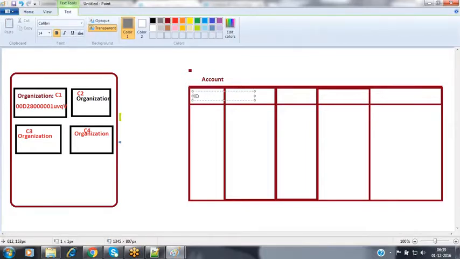This is the ID column. This is the name column, the name of the account record. This is the rating of the account record. And this is the industry. Like that, so many fields, so many columns are available inside my table here.